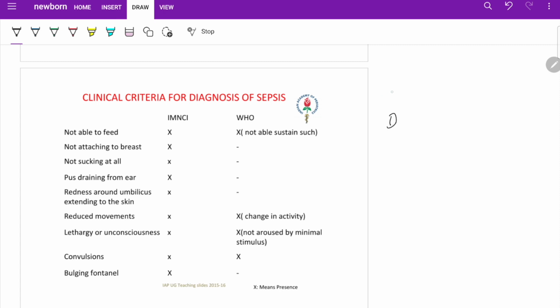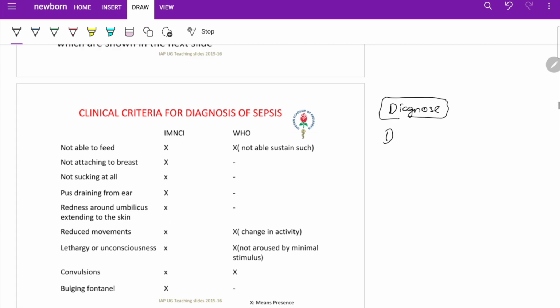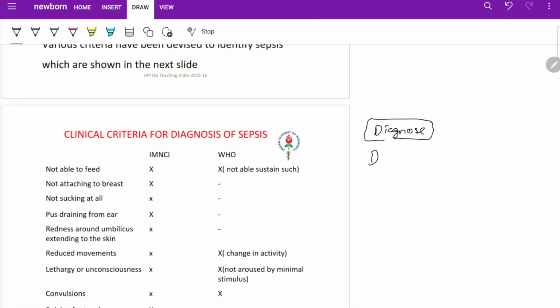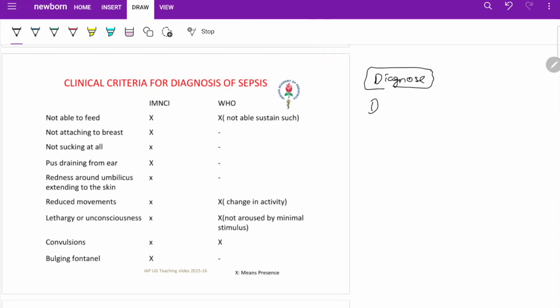I'll tell you how you are going to diagnose, and then I'll come to the clinical criteria. First, the clinical features: poor feeding or alteration in established feeding behavior; temperature, hypothermia more than fever; respiratory dyspnea, tachypnea and hypoxia; CNS shrill cries, irritability, seizures; GI abdominal distension, feed intolerance; metabolic hypoglycemia, acidosis; severe sepsis means septic shock, multi-organ failure and sclerema. What is sclerema? Generalized non-pitting edema seen in neonates with severe sepsis or severe hypothermia. What is the diagnosis? The first, definitive one, is blood culture.